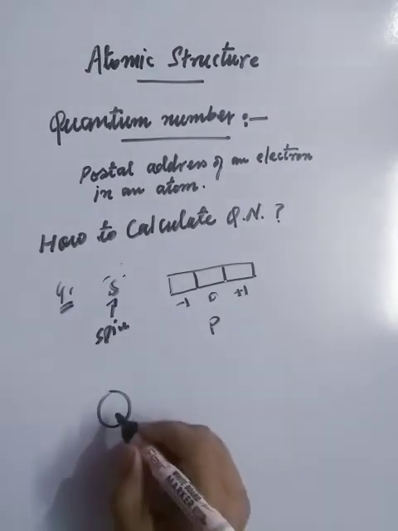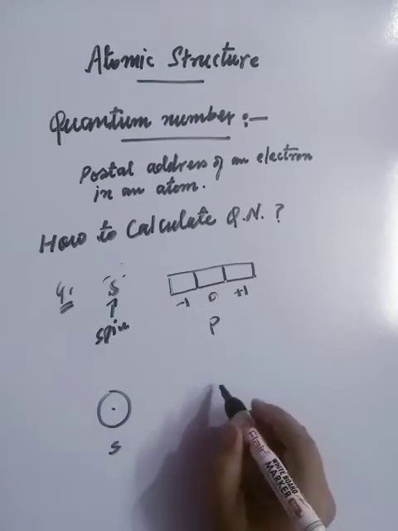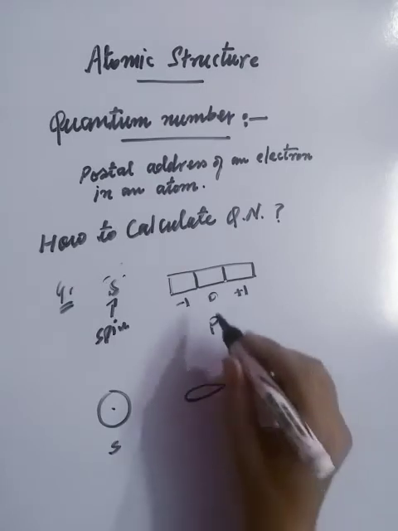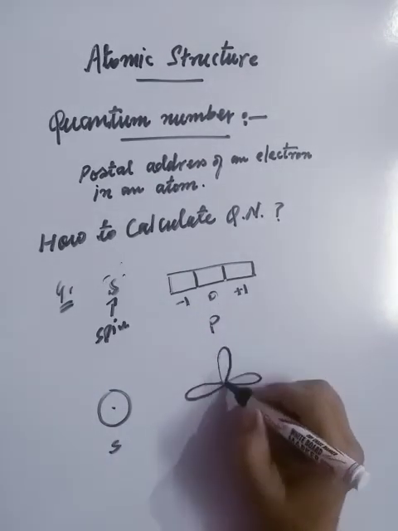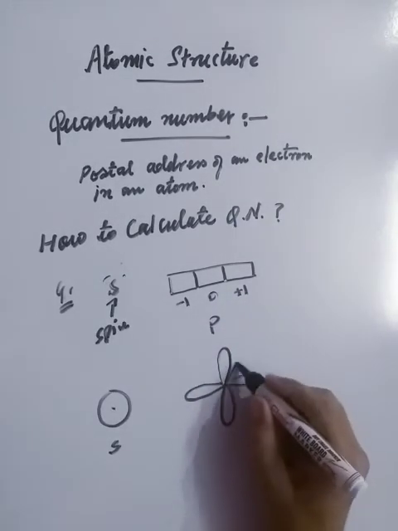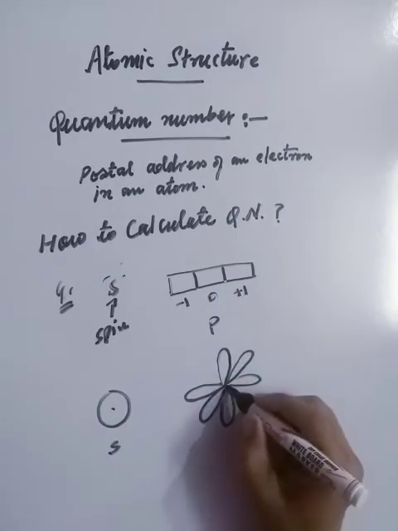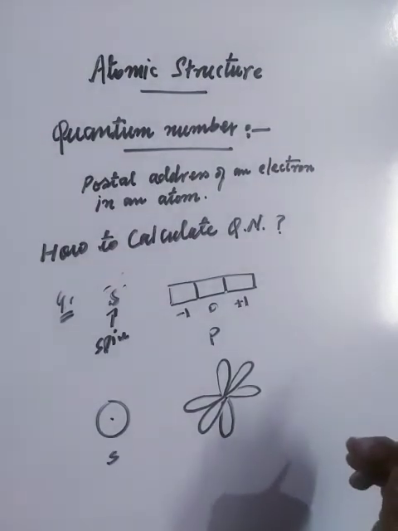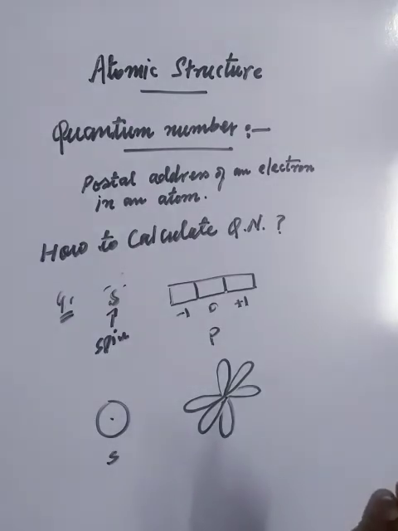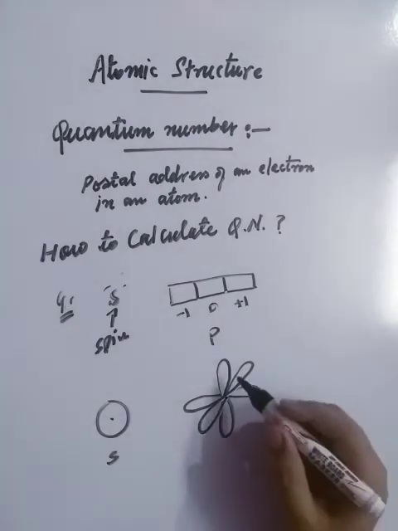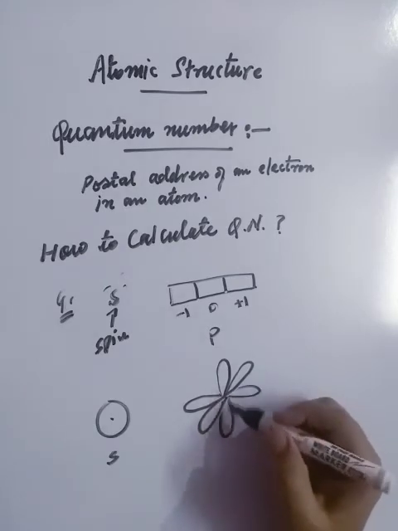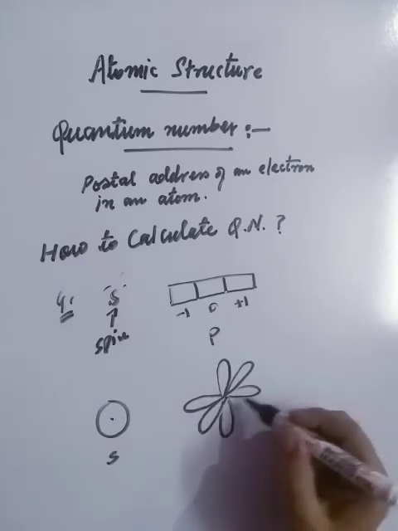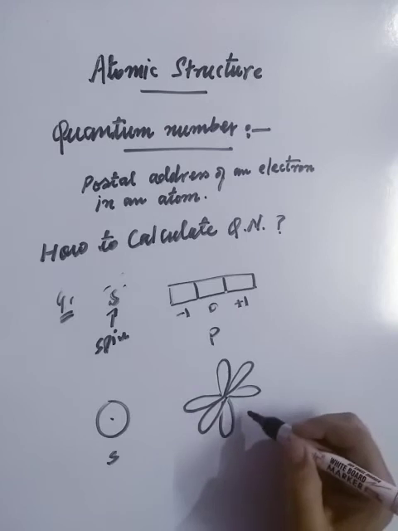The S subshell has a spherical shape, and the p subshell has a dumbbell shape. So there are 3 orbitals: the px orbital, the py orbital and the pz orbital. And according to Schrodinger, what is an orbital? The definition of orbital is given by Schrodinger. He suggested that the orbital is a place where the probability of finding an electron is maximum. So in a dumbbell shape, the electron finding probability will be maximum in these regions. There is no probability at this empty place, right?